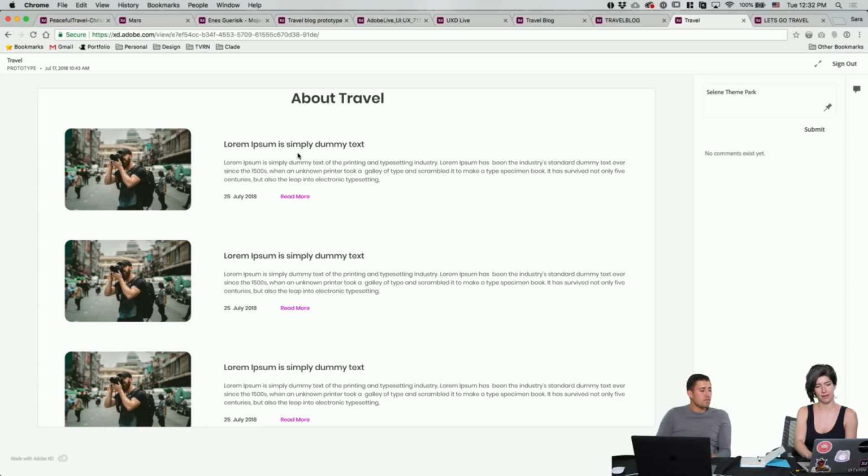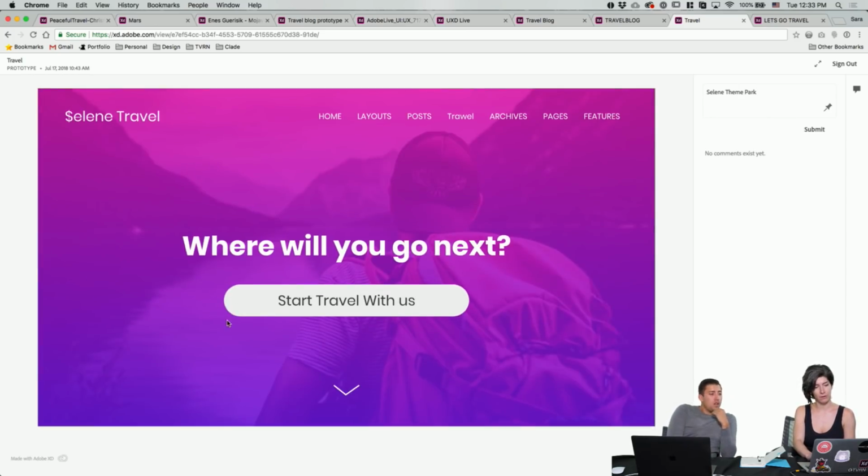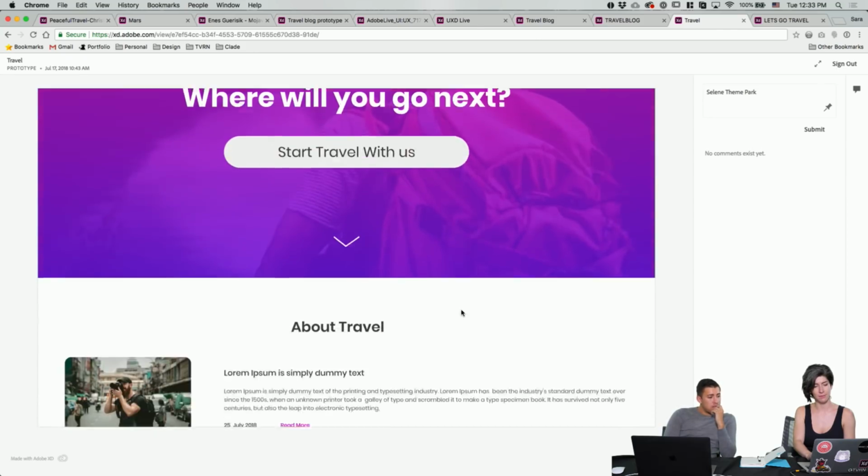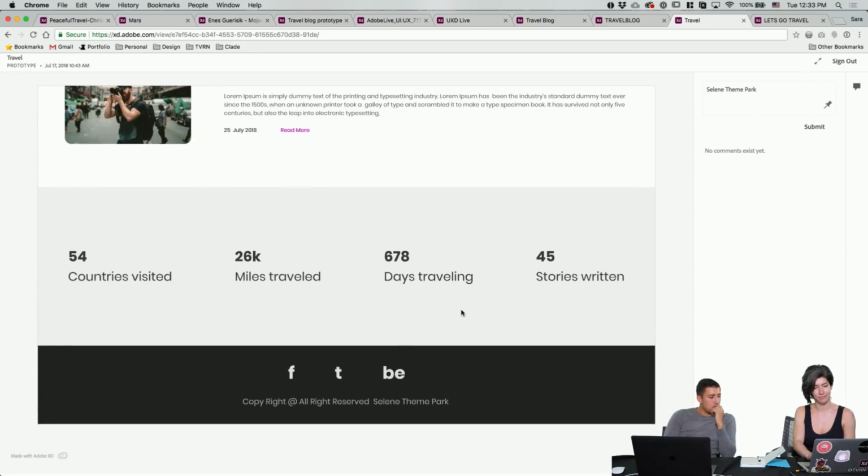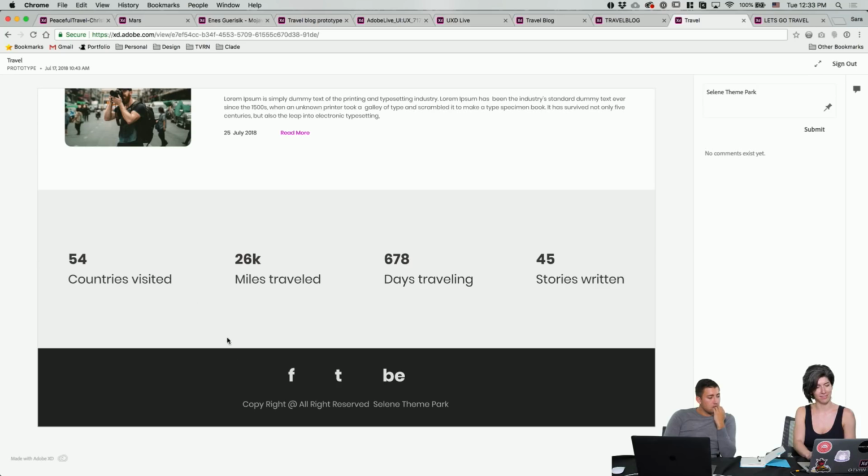So we have a header, description text, a date, and a link to read more. I can tell it's a link by the different colors, so I think that's successful. It looks like there are rounded corners on all the elements, which is really nice. And we even have a footer down here with some analytics around the countries visited, miles traveled, days traveling, stories